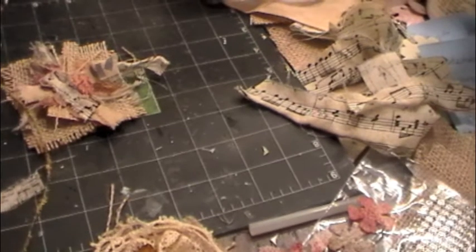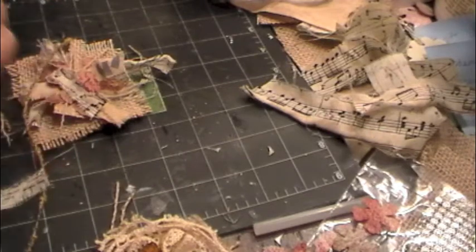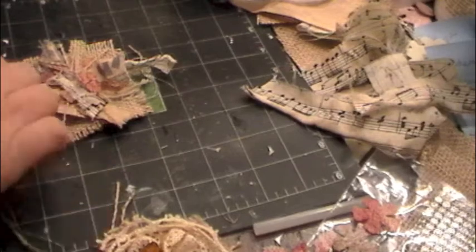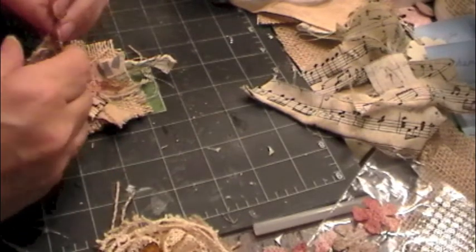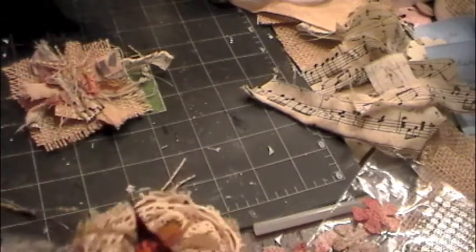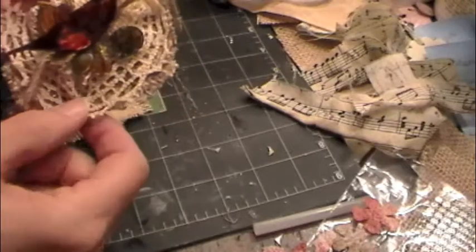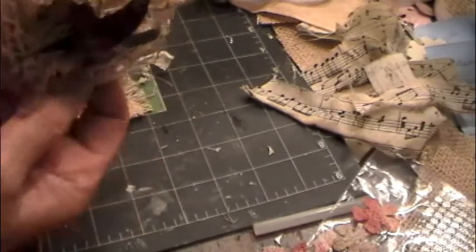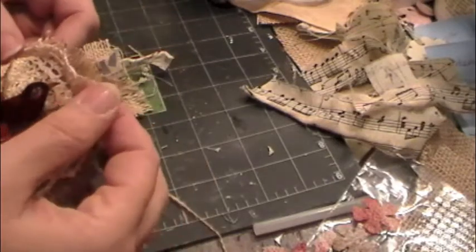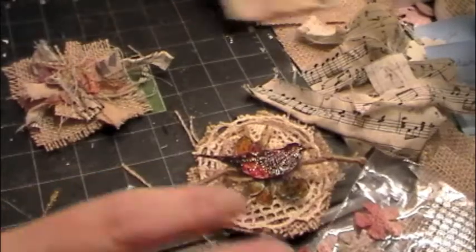Okay, so now I'm going to add some little stuff here. And like this, even little threads. So like this little one, I just put some lace around it. I left his little, put some strings back here. And then this is just twine. I could put a piece here, but I think I'm going to leave that. So then